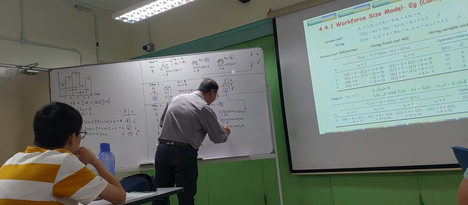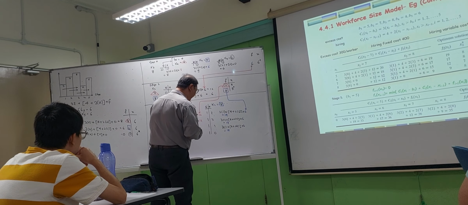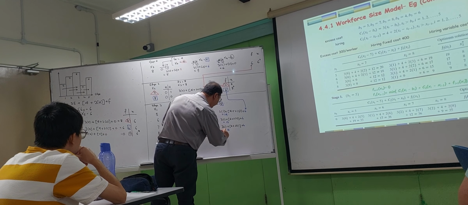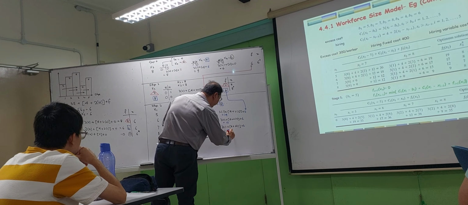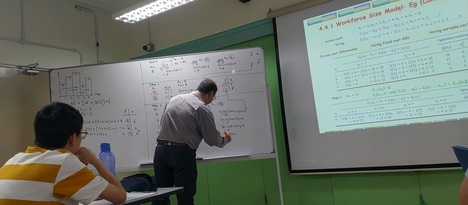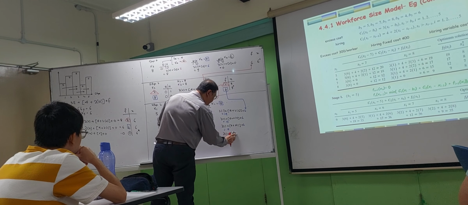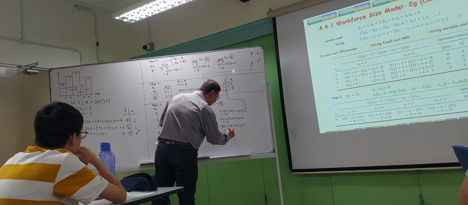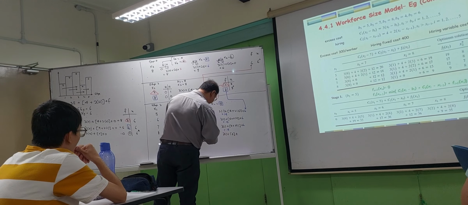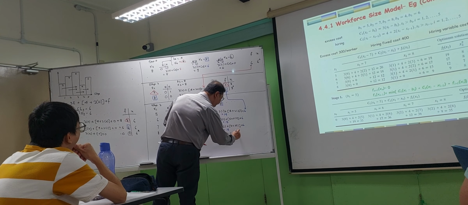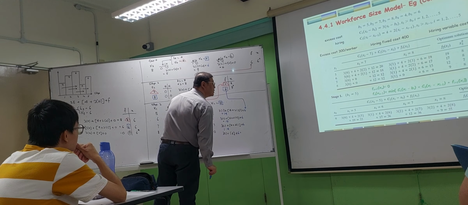I give you 15. And the last one, 3, 1 plus 4 plus 0. So 0 total equal to 0. Plus 6. Okay, so I give you